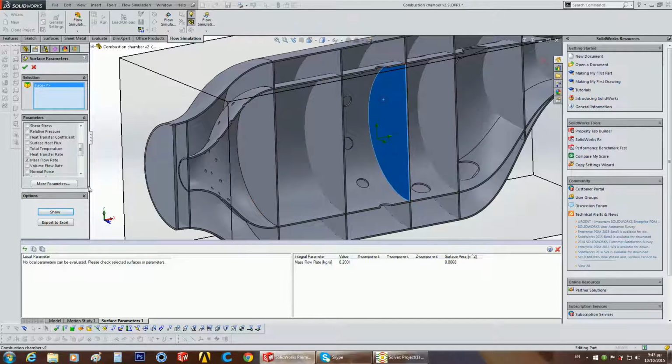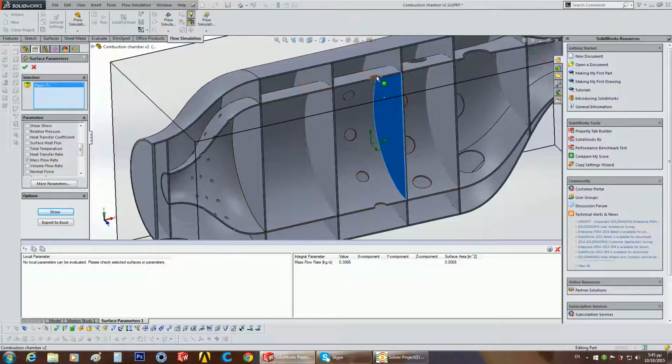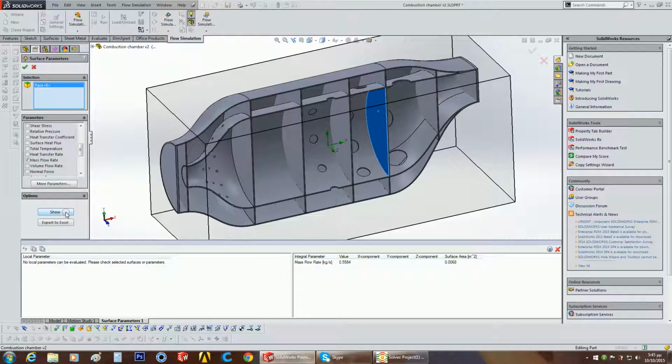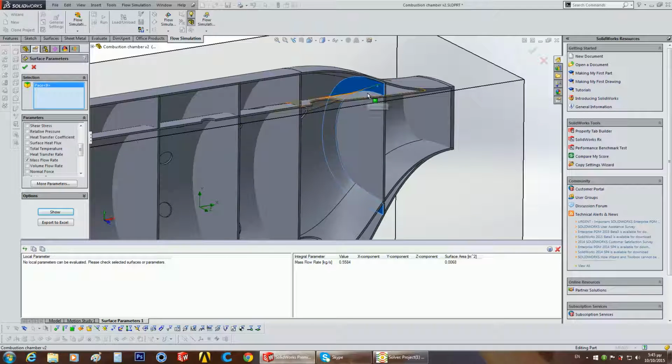Then from 0.2 we are going to 0.3. So 0.1 kilogram leaks in from these holes. Again in the next section, 0.55, and in the final section at this point there shouldn't be any flow rate. So that's correct. Okay, it's negative because some turbulence happens here, and the whole amount should be here, 0.999. Okay, and in the outlet we have 1 kilogram per second.